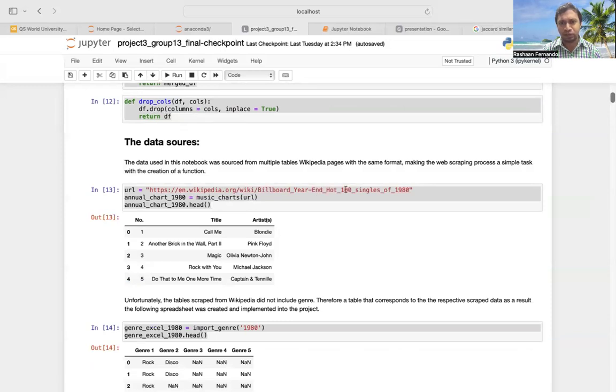Billboard Hot 100 as well, those songs. You can see some artists. We are generating the charts and the tables according to the artist and the titles. We have taken different fields, artist and titles, for analyzing the songs as well,